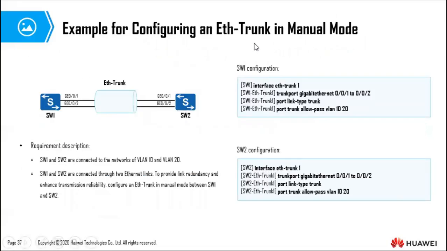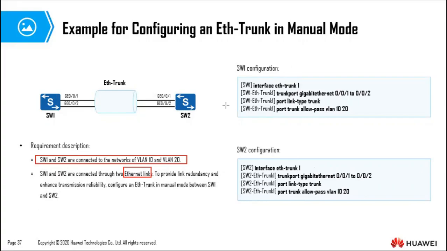Okay, so an example of configuring an Eth trunk in manual mode. In this particular case, we have switch 1 and switch 2. They are connected to the networks VLAN 10 and VLAN 20. So both of them are connected to VLAN 10 and VLAN 20. Switch 1 and switch 2 are connected through Ethernet links. To provide link redundancy and enhance transmission reliability, we want to configure an Ethernet trunk in manual mode between switch